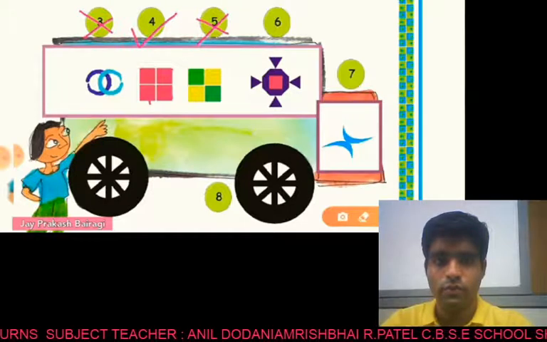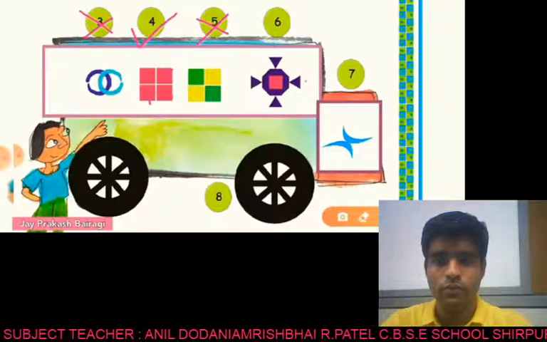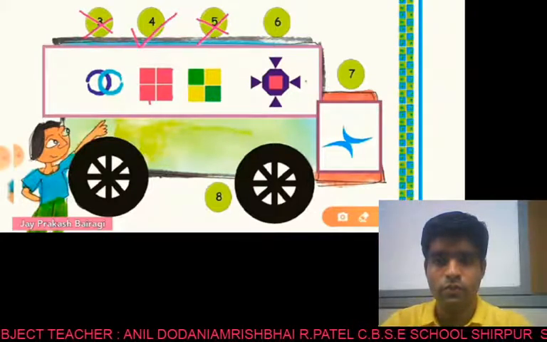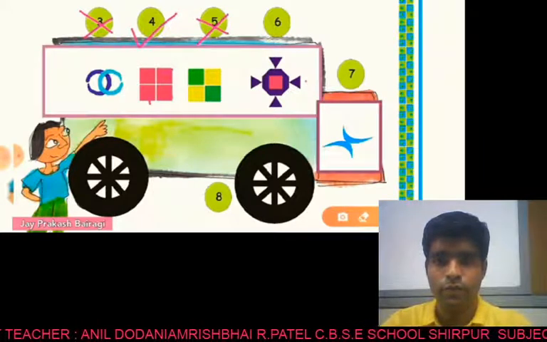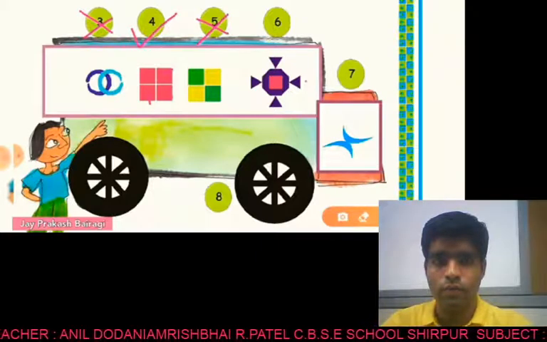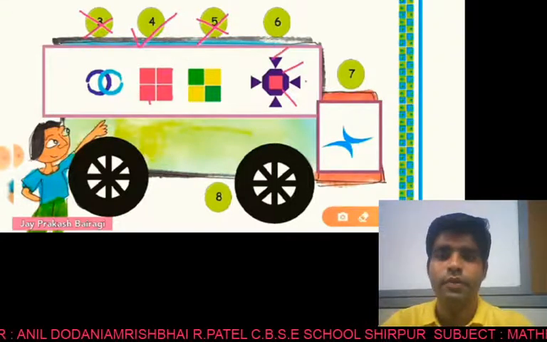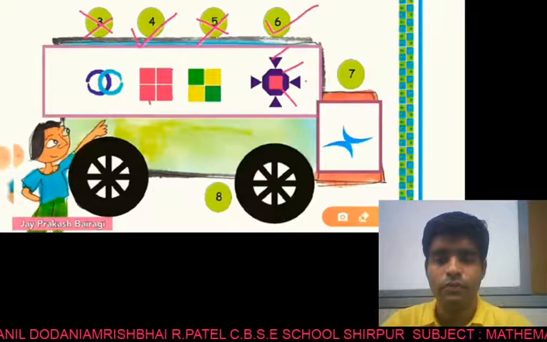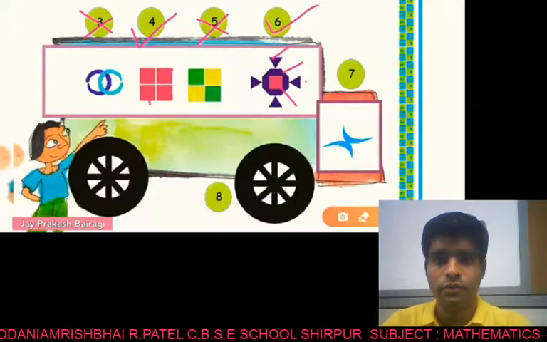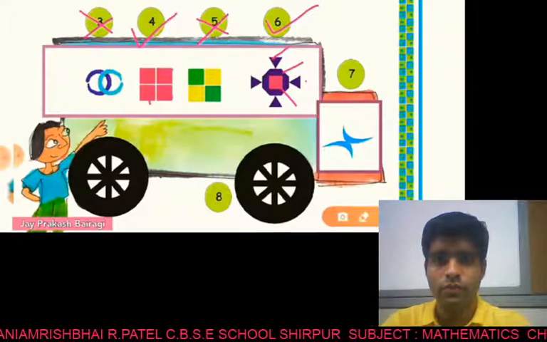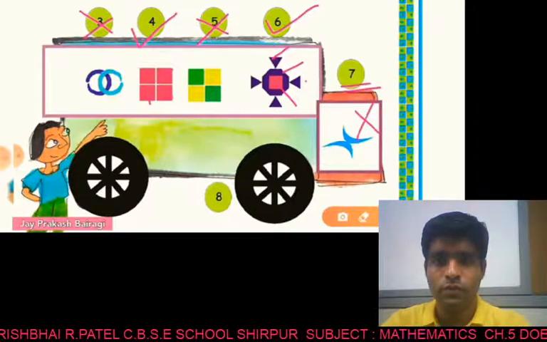Now in the sixth picture, we can see that it's a very beautiful picture and all its sides are the same, meaning its border is triangular, in the center we have a square, and on the outer side it's an octagon. Triangle, octagon and square. So in 1/4 turn definitely it will look the same, so you can put a tick here, and in half turn it will look the same, so you cannot put a cross here. Now come to the seventh picture. In 1/4 turn it will not look the same, so you cannot put a tick here, and in half turn it will not look the same, so you will put a cross here.